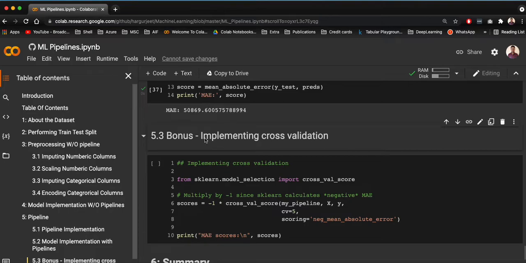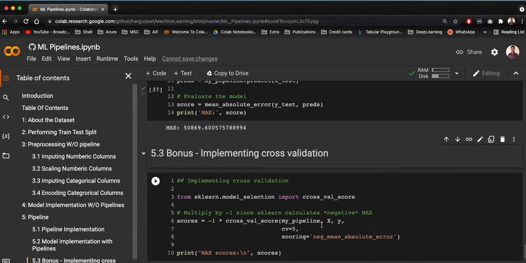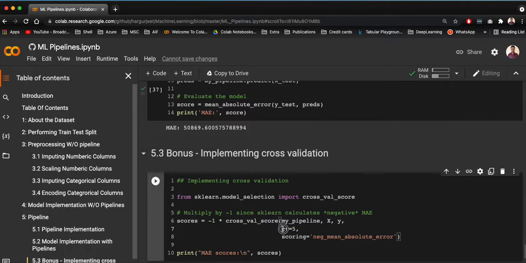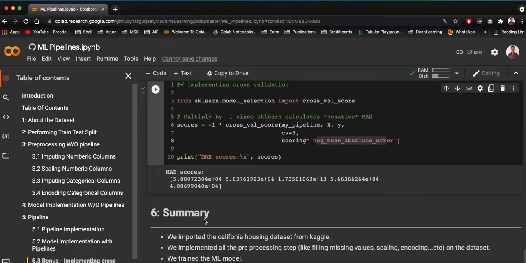To do this without a pipeline can be a bit of a pain, but via pipeline you just need to call the cross validation class, and that's it. And you just pass the pipeline, input, output and how many splits you want to do. Let's say I wanted to do 5 splits, and you just give the evaluation metric, and that's it. You get all the scores here, right?